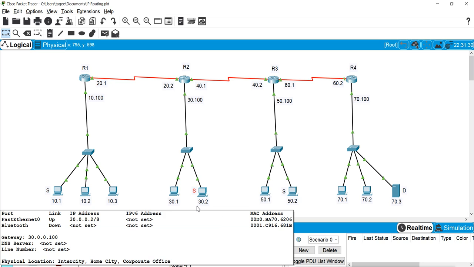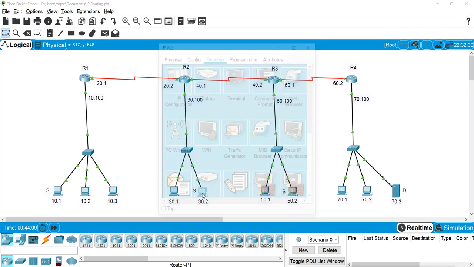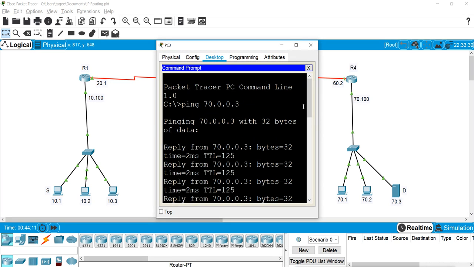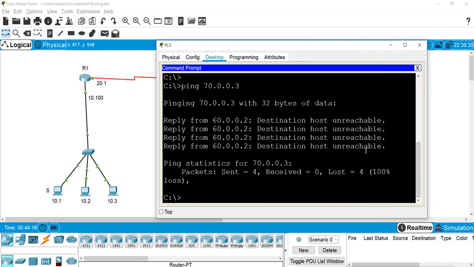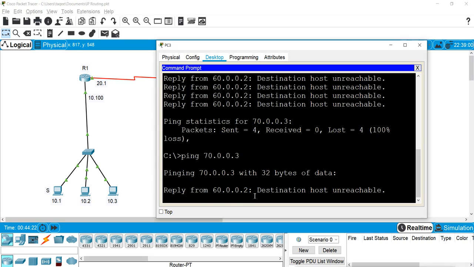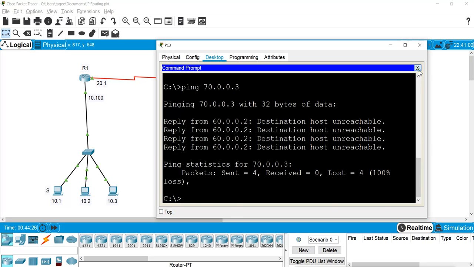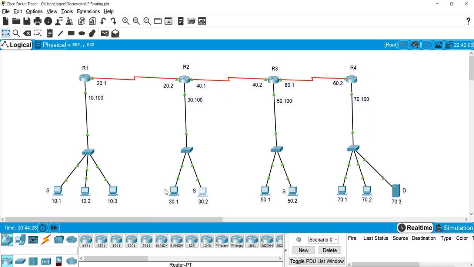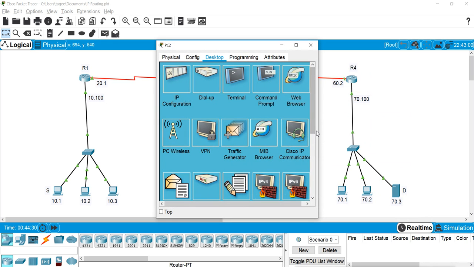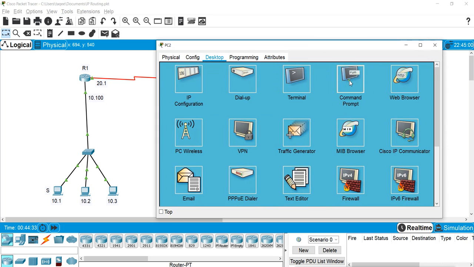Now the requirement comes. See, it was denied here. 30.2 we have denied, and when it tries to connect, it sees the destination host unreachable error. But we allowed the other IPs from the network. That means this 30.1 can do communication. And when we check this,